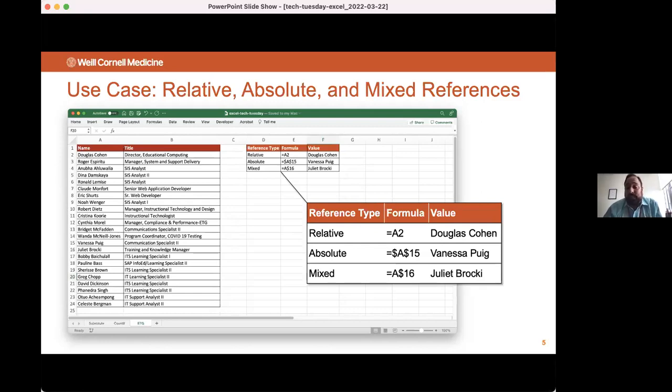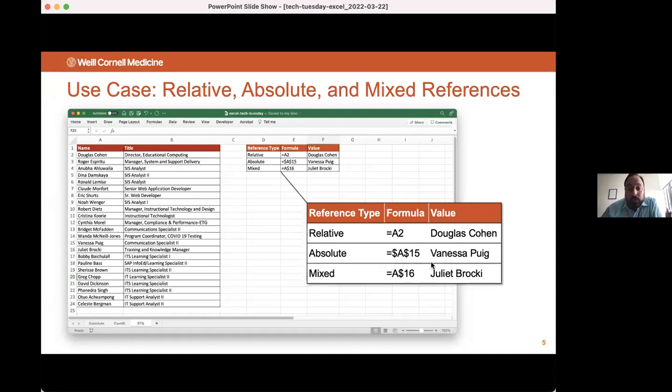But you don't always want that to happen. There are times where you want to refer to a cell, but you want it to be an absolute cell. You want it to always refer to that cell. Maybe if you're looking at numbers and you want to multiply every number by a single percentage, you can create one cell that holds that percentage and then use an absolute reference to it to do the multiplication. So you can simply update the spreadsheet very quickly by just changing that one cell versus having to redo any formulas. So when you do an absolute reference, you do a $ sign before the column and a $ sign before the